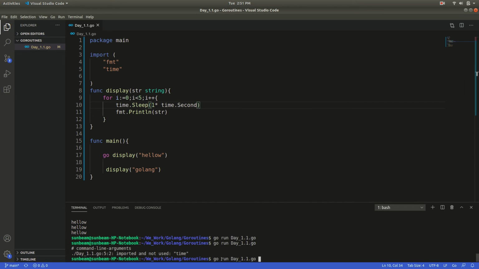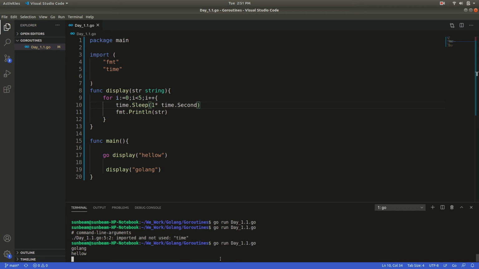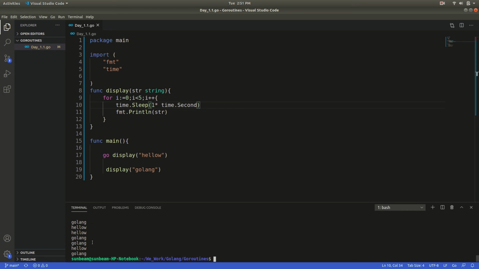Now see, check this, the output: hello Golang, hello Golang, hello Golang is the execution of the goroutine. Okay, we added the sleep method in our program which makes the main goroutine sleep 1 second. In between that 1 second, the new goroutine executes display, welcome means Golang, and hello in the program.